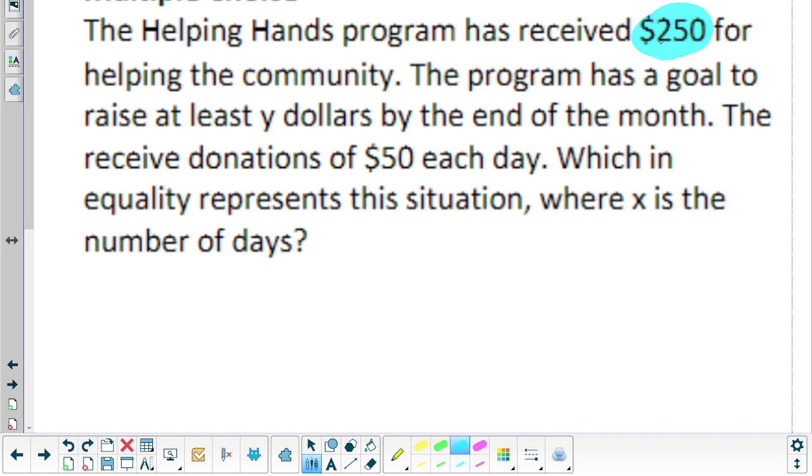A Helping Hands program received $250 for helping the community. The program has a goal to reach at least Y dollars by the end of the month. They receive $50 in donations each day. Which inequality represents the solution where X is the number of days? Okay. Well, if they make $50 each day